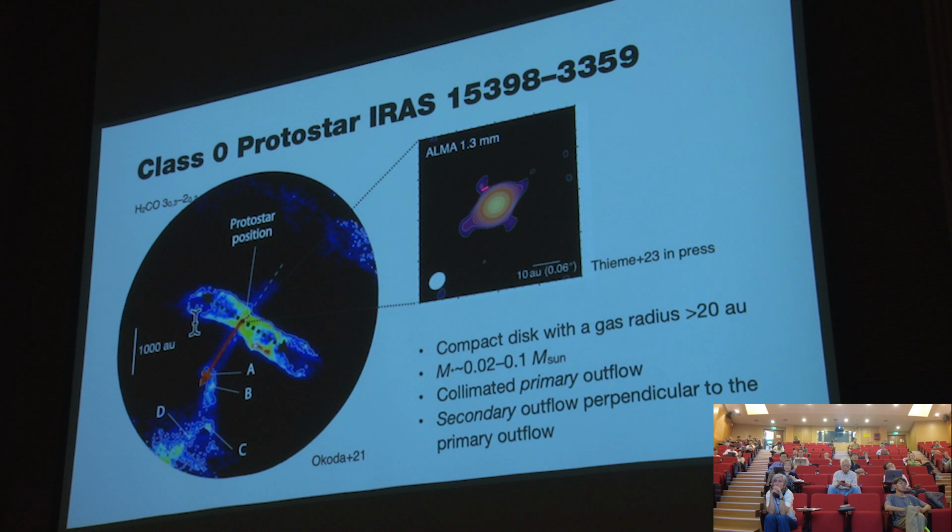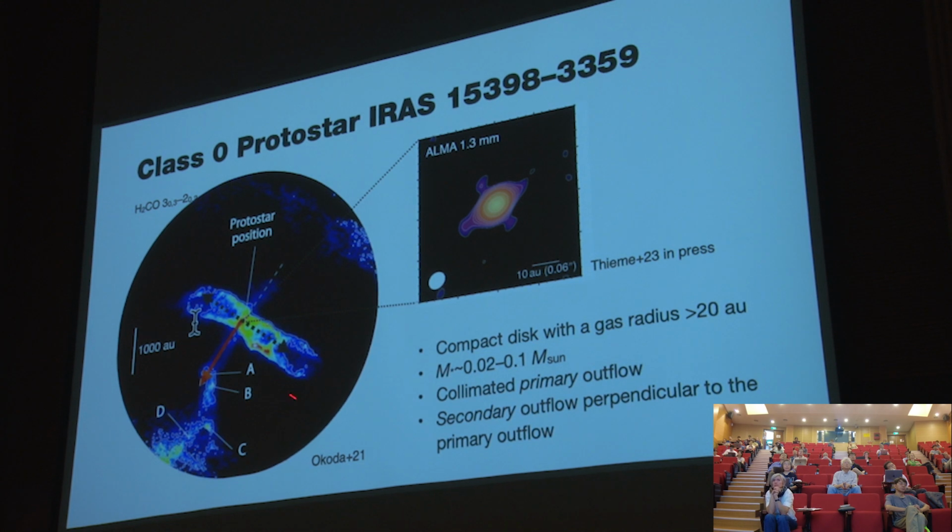The disk size in dust is less than 10 AU, and the protostellar mass is estimated to be around 0.02 to 0.1 solar mass, so this is a quite low mass protostar. And this shows H2CO line emission taken by ALMA in previous work,